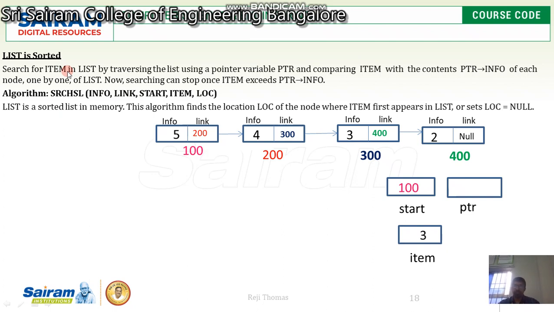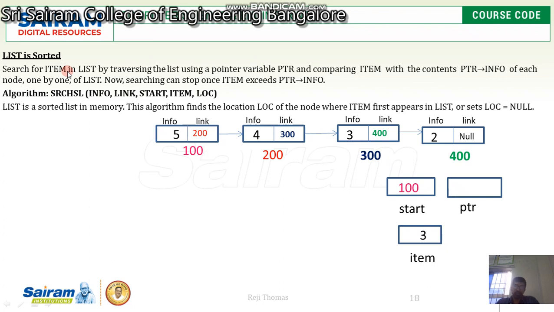In this video, we are going to see how a search operation can be done in a list which is sorted. If you look at the diagram, you can find four nodes. Each node has its own address, and each node has its own info and link field.